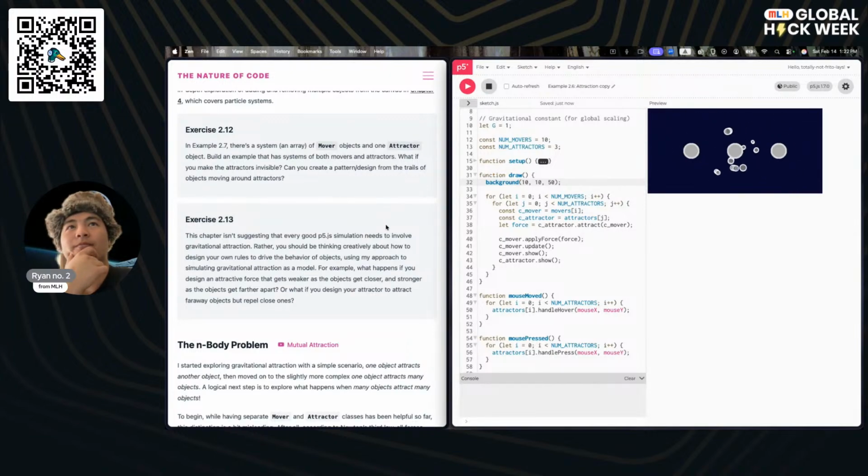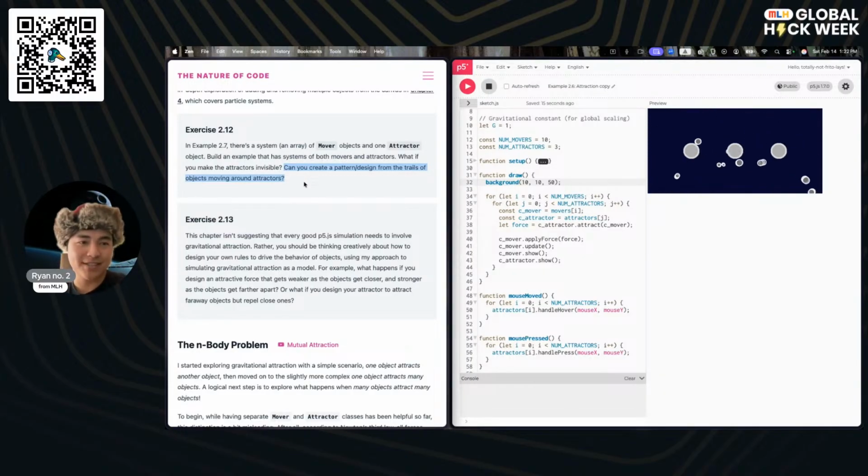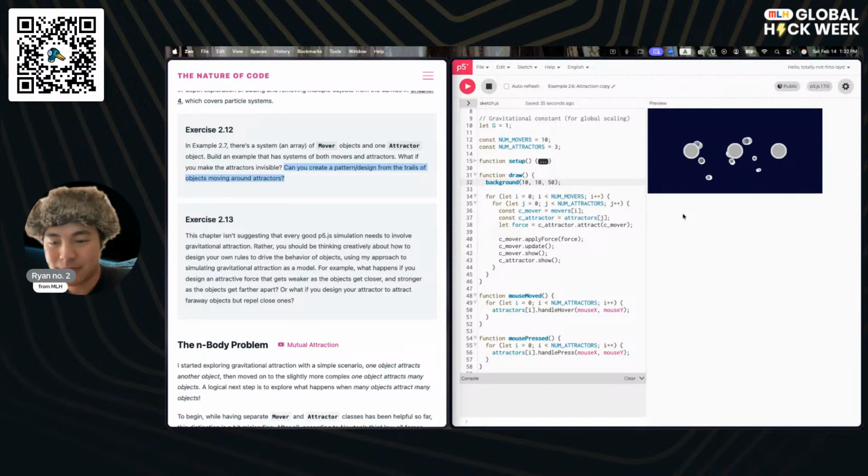I guess the other thing that we can do, which I don't think we're going to do for this because I want to get through some of the other parts of this chapter, is to draw only the last five positions of wherever this circle was. That way we get a more dramatic animation trail between each of these things, instead of permanently having the entirety of the trail there.